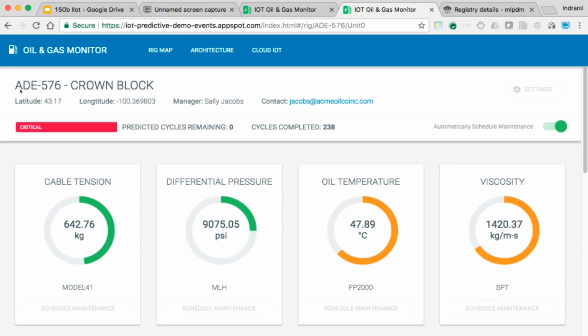So for example, here the component is the crown block on one of the rigs, and we can monitor the cable tension, the differential pressure, the oil temperature, and even the viscosity. And this all is being monitored in real time. So if I go down a bit more,